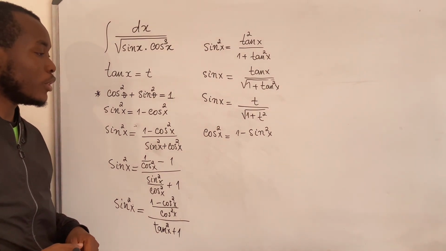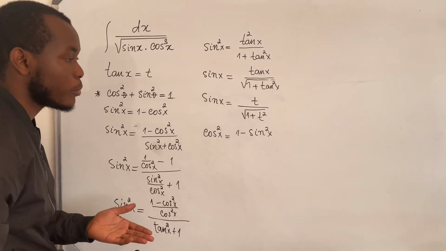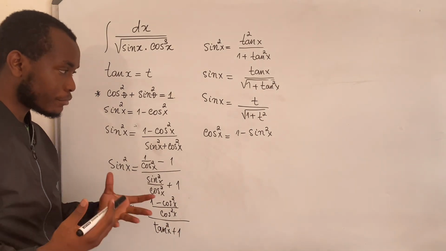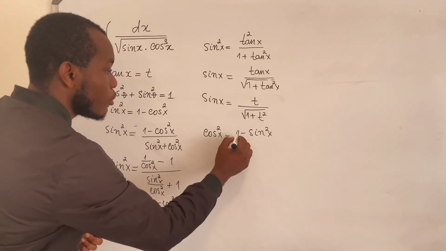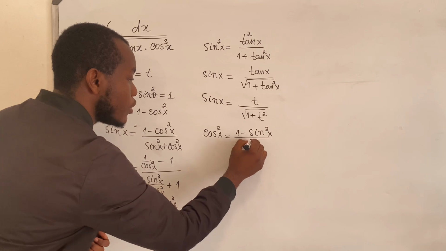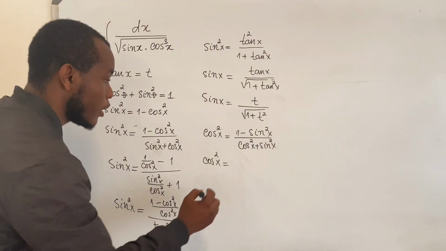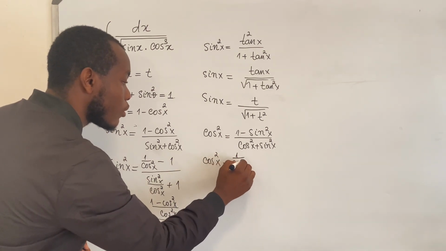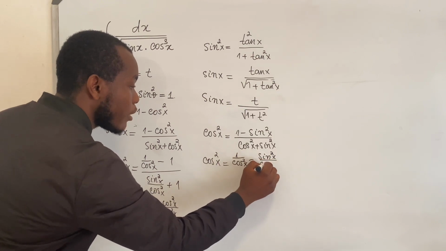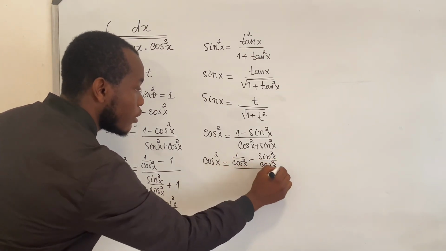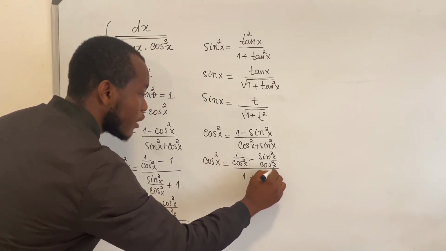So what we can do now, we can apply the same procedure. We can divide both expressions by cos squared, I mean the numerator and the denominator, right? So if we do so, first we have to consider cos squared plus sine squared divided by cos squared. What we get, we have 1 over cos squared of x minus sine squared of x over cos squared of x. Divided by cos squared, here it's going to be 1 plus here it's going to be tan squared of x